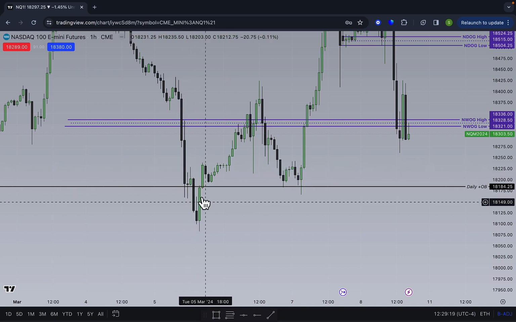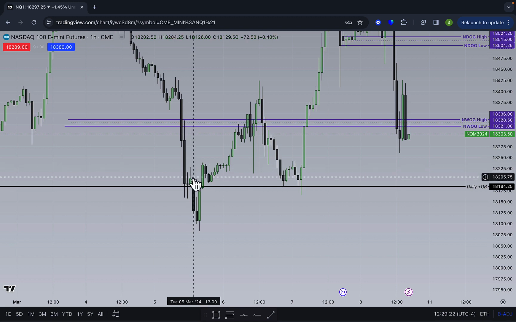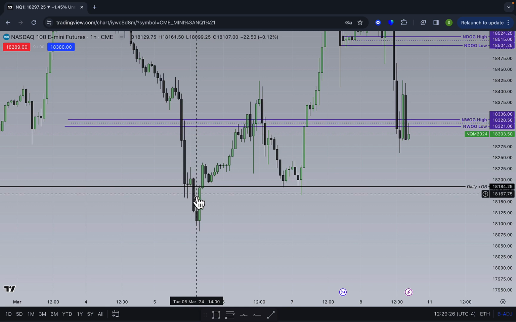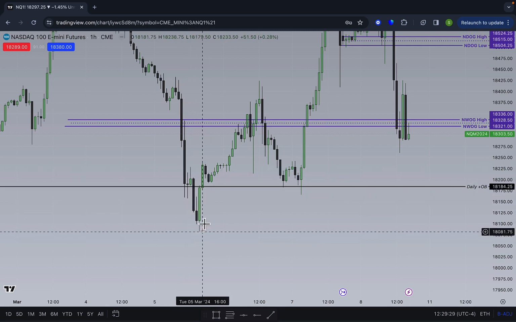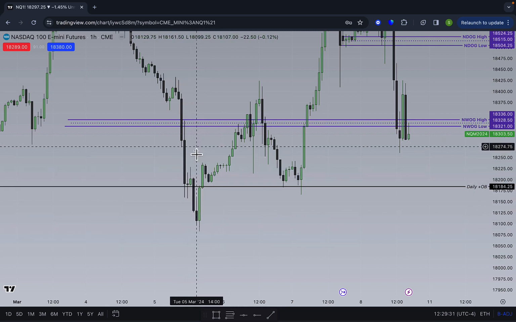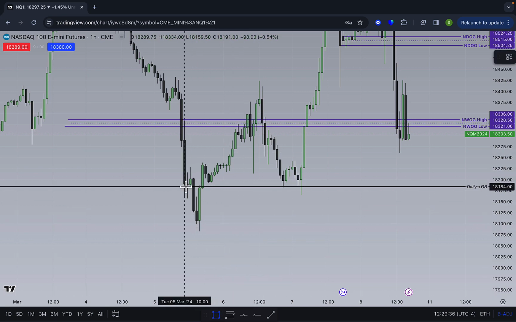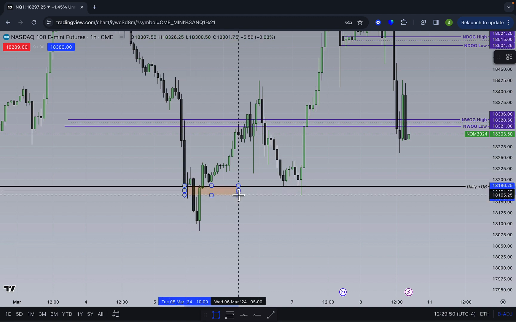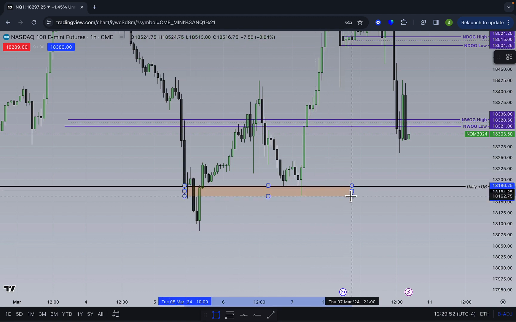But more importantly, what I want you to see is, if you're not familiar with ICT concepts or algorithmic trading, whenever you see, especially on the hourly chart, on the 5 minute or 15 minute, there'll be more candles here. This is the hourly chart, so not much, but price is fractal, so you look for the same things. From this candle's low to this candle's high, with this one pass up, with fair value gaps formed on both sides. From this candle's low to this candle's high,